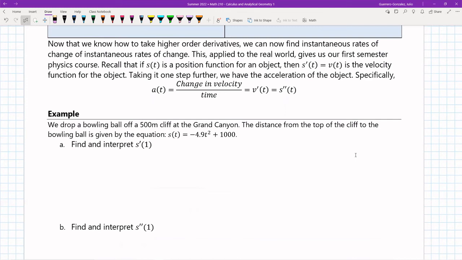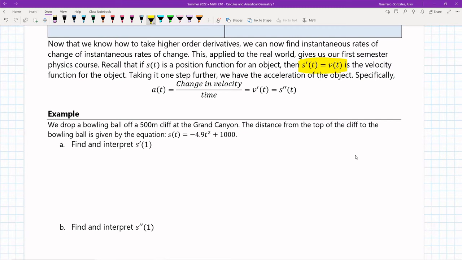We're gonna apply it one more time to our physical science. We're gonna apply it in physics, okay? So we know that the first derivative of a position is its velocity. We found this, okay? So now let's think about it. What would be the first derivative of the velocity? The first derivative of a velocity is the instantaneous rate of change in our velocity. Another word for that is its acceleration,